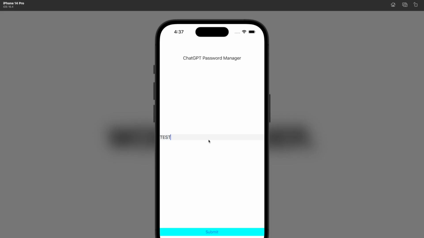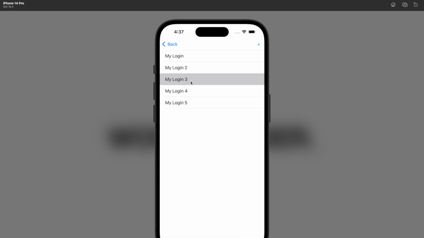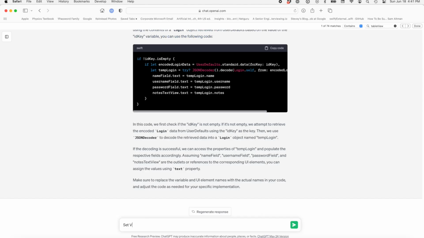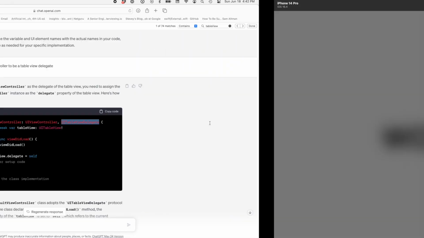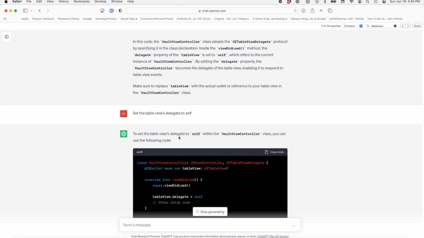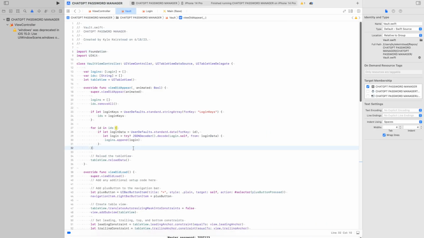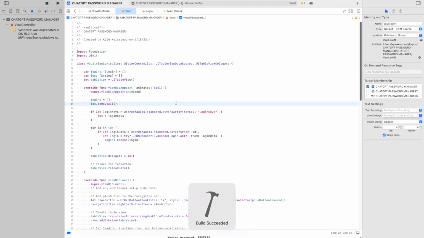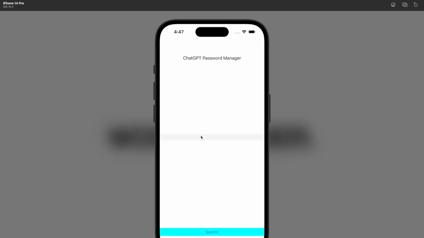Okay, so I guess I missed something because it's not actually triggering the segue to the next page when I click on one of the items in the table view. So let's see what's going on. Okay, so it turns out the problem is something that ChatGPT just didn't set in the first place, which is the table view delegate. So once I was able to get ChatGPT to generate code for that, I was able to stitch that in. And now if we give this another try, in theory, I think our problem is going to be solved. So I'm going to click into my login 4, and now all my stuff is automatically populated,